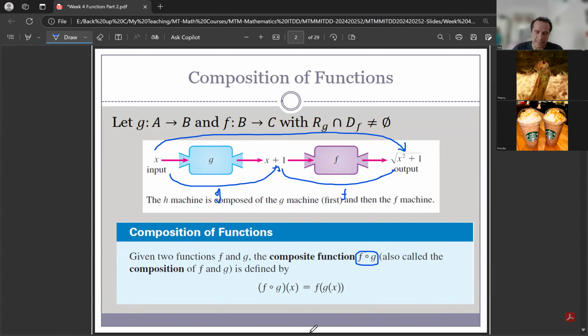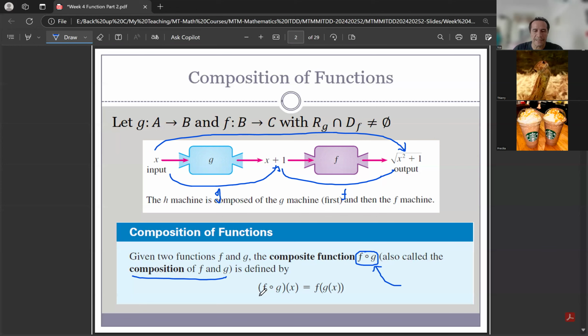In bahasa we say bundaran g, f∘g. So this is the composition of f and g: g first, followed by f. This is the notation of function, the notation of composition of function.